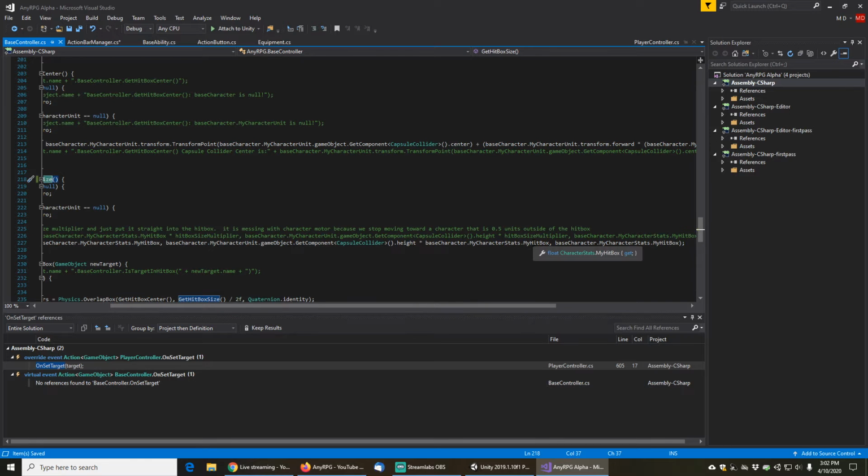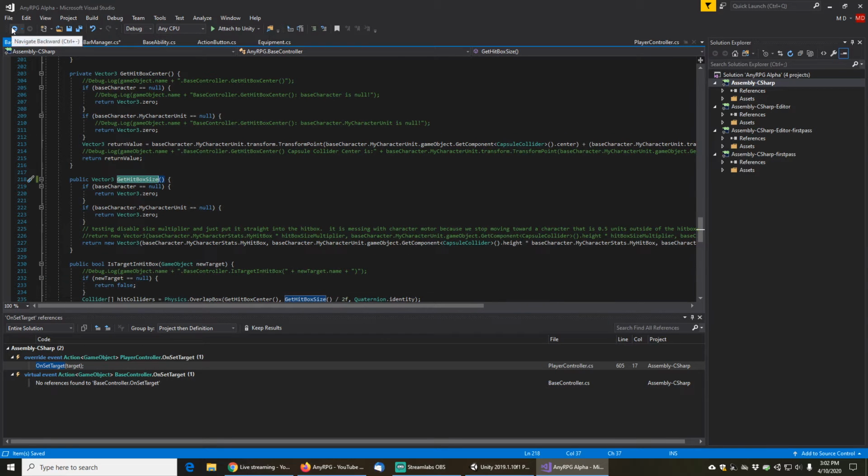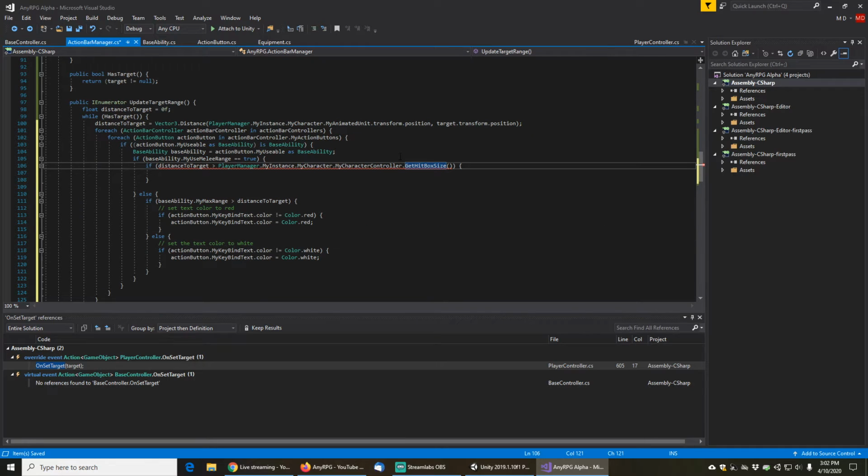It's actually my hitbox in character stats. Okay, you know what? That's exactly what we want. I was grabbing even the wrong variable here. We care about my character stats dot my hitbox because that gives us a float. There, that's better. So if the distance to target is greater than the hitbox size, then